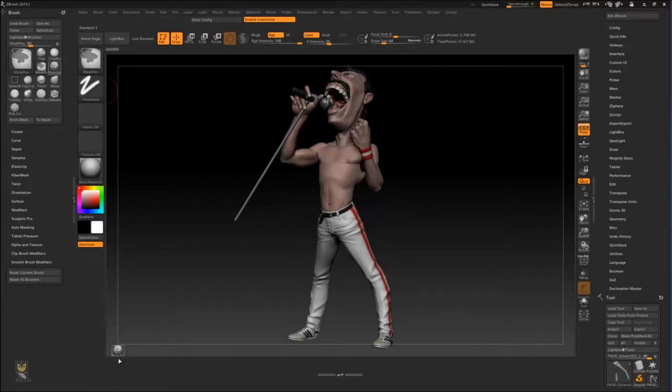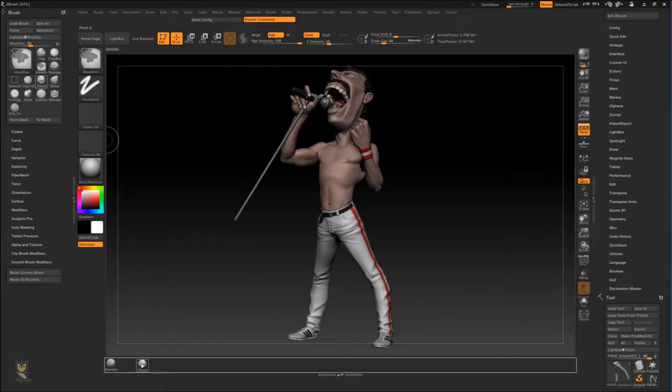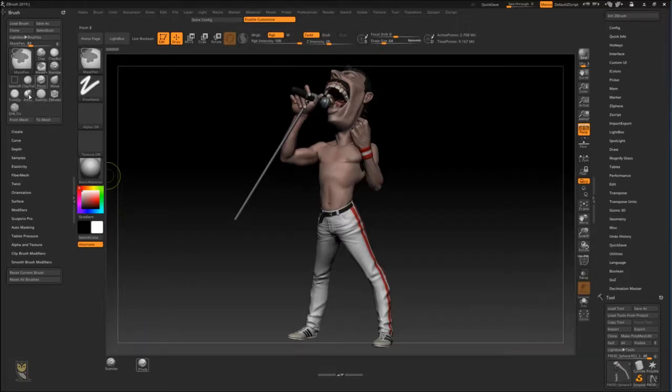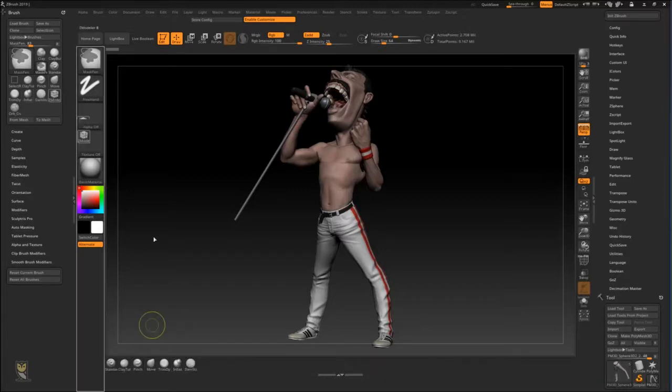Standard brush, first one, second one clay tubes. Yeah, that's just my preference. Clay tubes, pinch, move. It will be 4. Okay, now I have the shortcuts, but I will show you how to make them. Trim dynamic is 5, inflate is 6, dam standard is 7, Z modeler is 8, orb crack is here, a